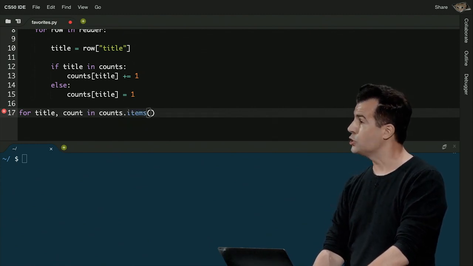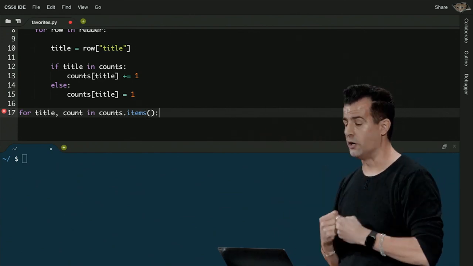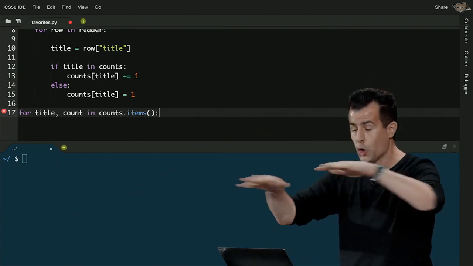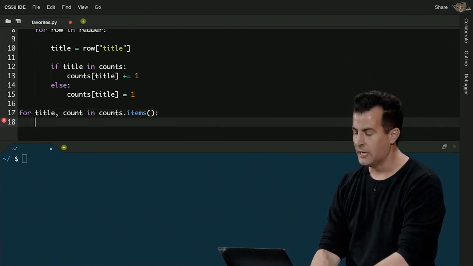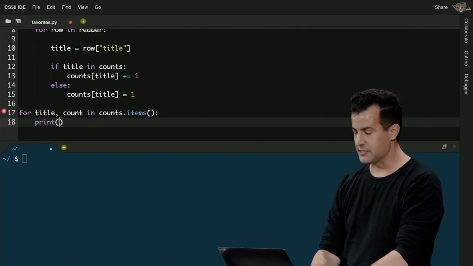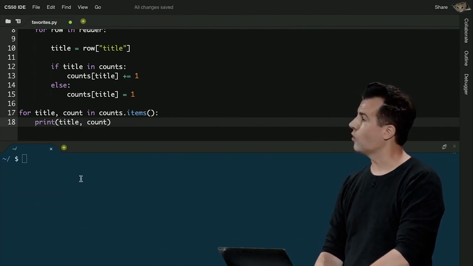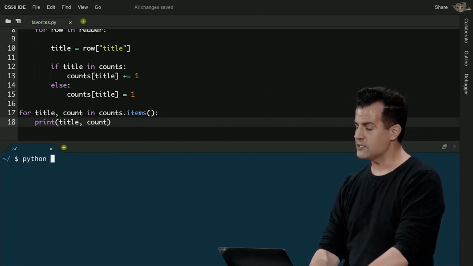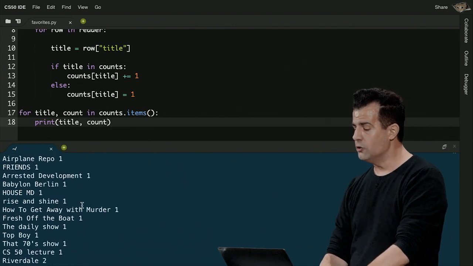But if you want to iterate over not just the keys, but all of the items therein, there's this other function in Python associated with a dictionary that will hand you back two things at once, key and value together. And you can call them anything you want. I'm calling them title, comma, count, respectively. Now let me go ahead and print out, for instance, something like the title, and then just print out the count right next to it. So now if I save this and run favorites.py, OK, it's prettier,